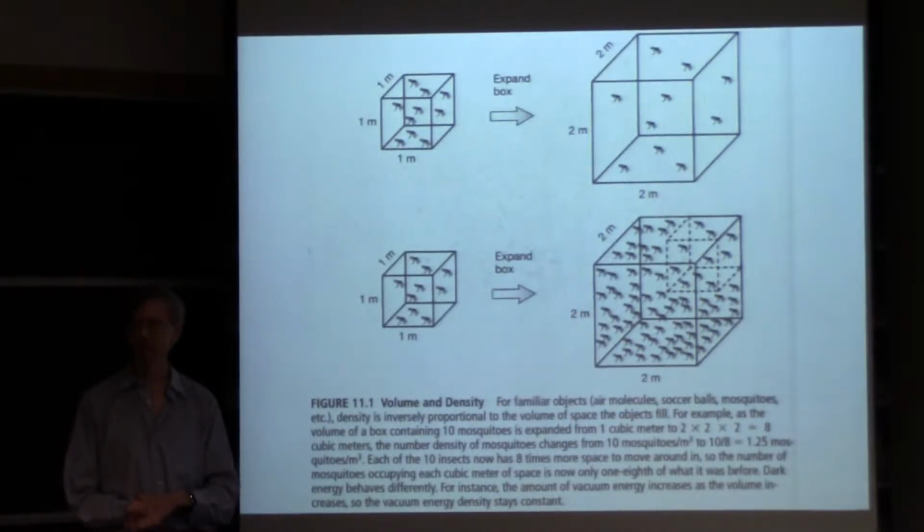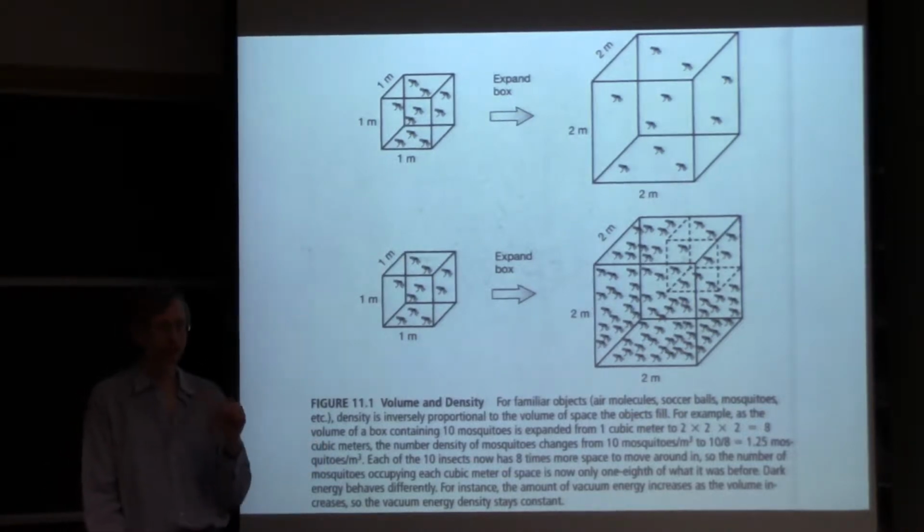So when their wavelength doubles, E is hc over lambda for a photon. It goes like 1 over lambda. So when the wavelength doubles, each photon only has half as much energy. So in other words, that's another factor of 1 over the scale factor, because the energy density goes like 1/a⁴